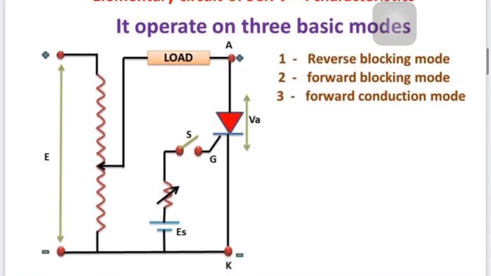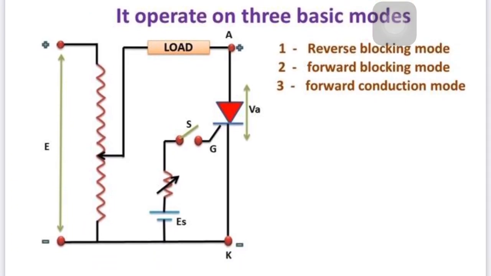When I am talking about the static characteristics, we are trying to conduct the SCR, but at that time we are not using the gate triggering method. So, the gate always needs to be open. You can see over here, the battery is connected with some variable resistance, as I told you. The switch is open, so no gate signal is given. We only apply the anode to cathode voltage, and the voltage and current are changed by rheostatic manner, as you can see over here. For understanding, we are connecting a simple load.